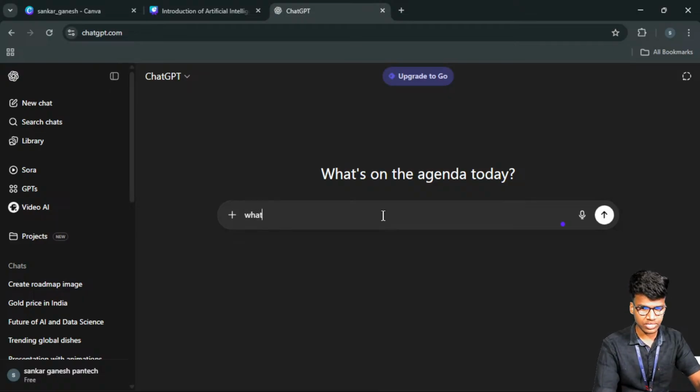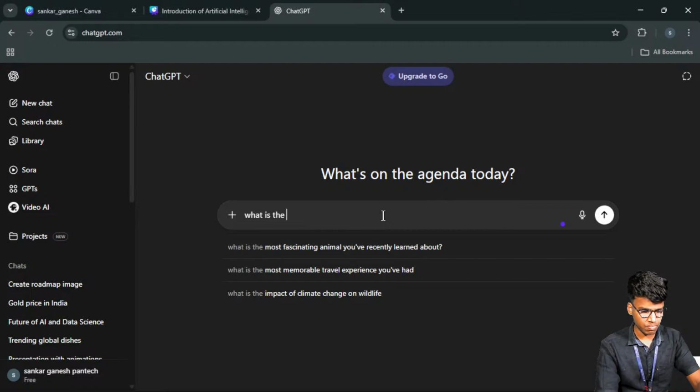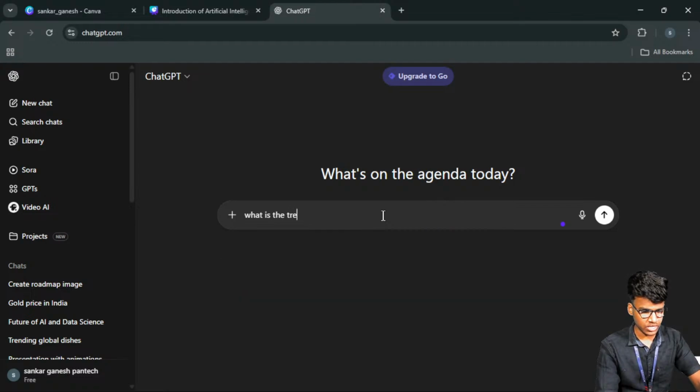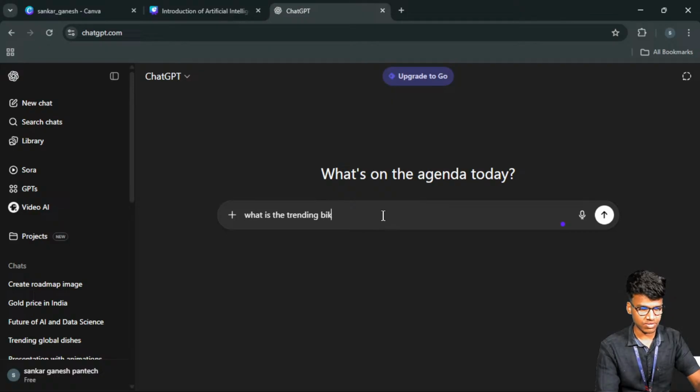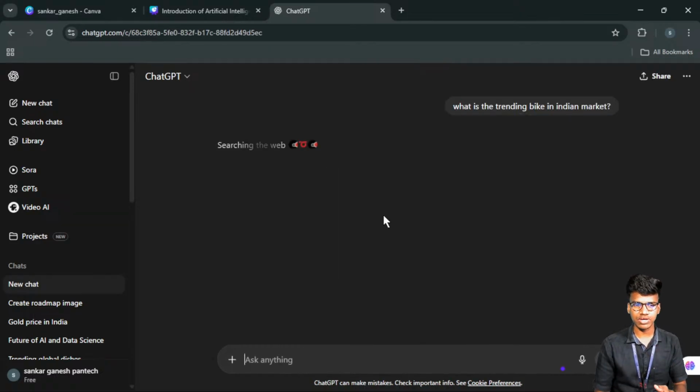What is the trending bike in India, or the Indian market?